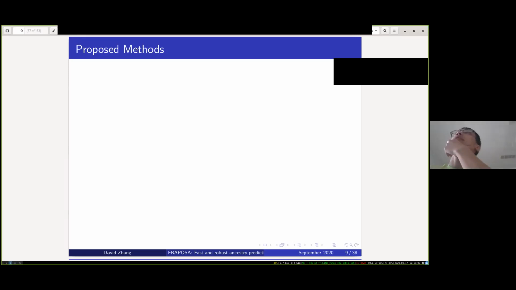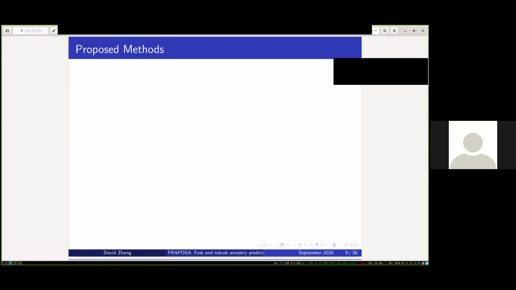So ancestry prediction, essentially, we want to know the ancestry information of our study samples because that can be a big confounder in the analysis. One way to record ancestry information is simply to do it categorically. So say this sample belongs to European, that sample belongs to African, and what we do here is